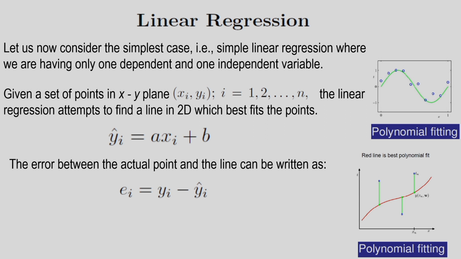I will explain now. Linear regression is a statistical method that allows us to model the relationship between the scalar response, that is the dependent variable, and one or more independent variables. So that means I want to find the relationship between a scalar response dependent variable and one or more independent variables. This is done by fitting a linear equation to the observed data.